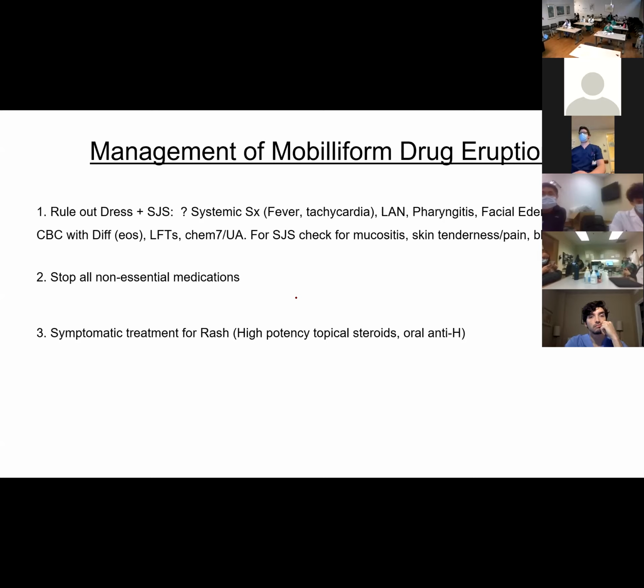And this one was new for me. I thought it was really interesting that when you're thinking about stopping what you think is the culprit med, there is research to show that you can actually just treat through. So if that medication is super important, say someone comes in with severe sepsis secondary to ESBL, and you put the patient on